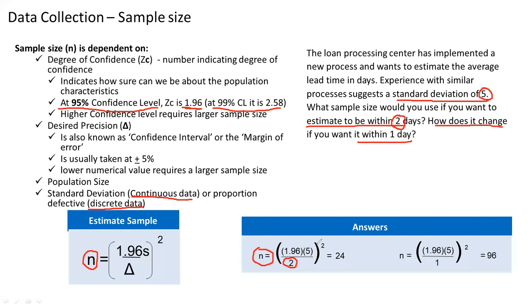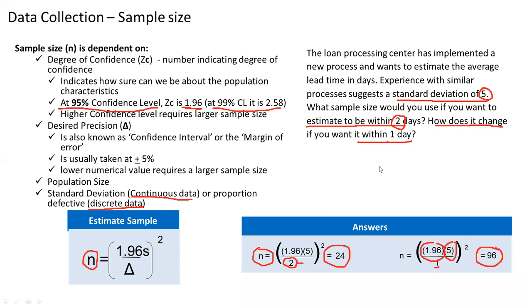And when we do the calculation and take the square of that, this means we need a minimum of 24 samples to validate whether we have achieved 2 days or we did not achieve the 2 days. Further to this example, from the 2 days, we want to move to 1 day. So for 1 day, my degree of confidence remains the same. Standard deviation of the current process remains the same at 5. And my margin of error has come down from 2 days to 1 day. We take the square of that, and then I need a minimum of 96 samples to calculate the sample size for this particular scenario.